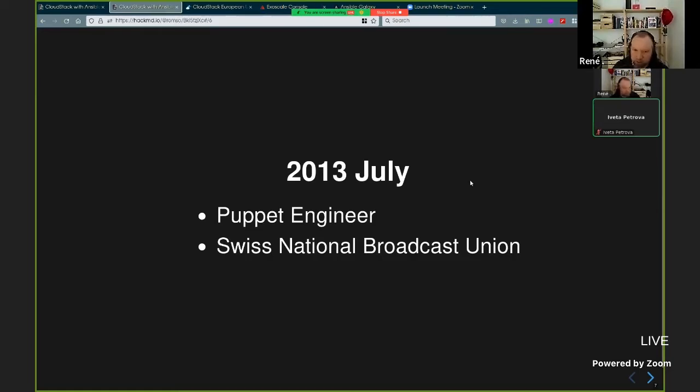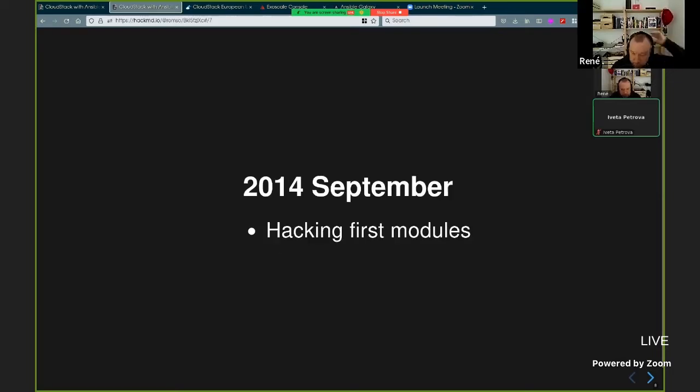Ansible was still early and a hobby project, so I knew of Ansible, but at that time it was not really well established. And during that time, I realized that Puppet was not really the best solution for creating cloud infrastructure.